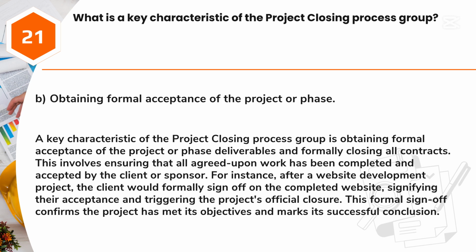Answer: B. Obtaining formal acceptance of the project or phase. A key characteristic of the project closing process group is obtaining formal acceptance of the project or phase deliverables and formally closing all contracts. This involves ensuring that all agreed-upon work has been completed and accepted by the client or